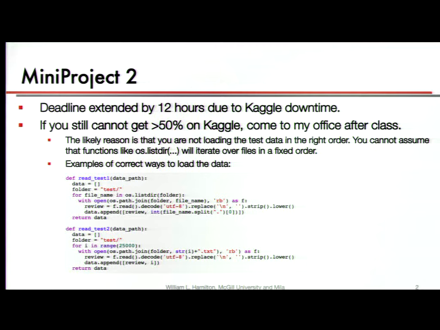The other thing you could do is you could just say for i from 0 to 25,000, load the file named str(i).txt. And then you're guaranteed to have loaded these things in the correct order. So I think hopefully by now this has been resolved for most people via office hours, but I thought I'd bring it up here just because the goal of the assignment is to do the machine learning and not to wrangle Python file loading too much. So that's one point there. Any questions on that?